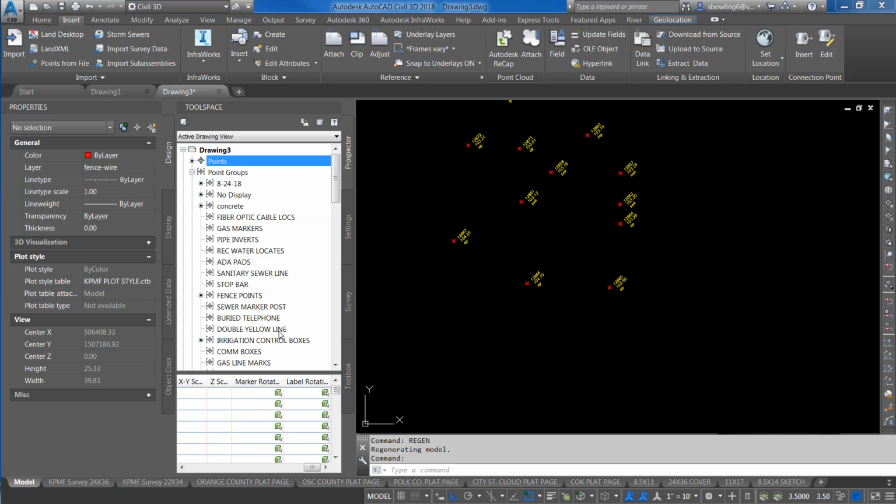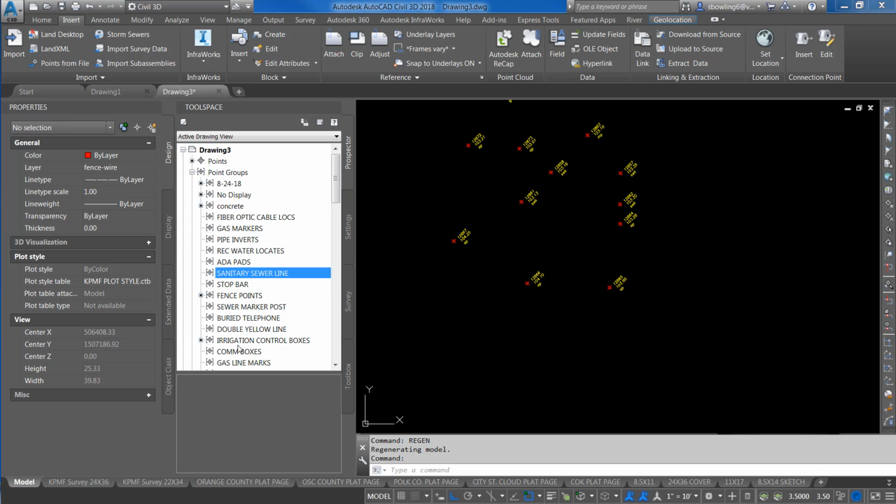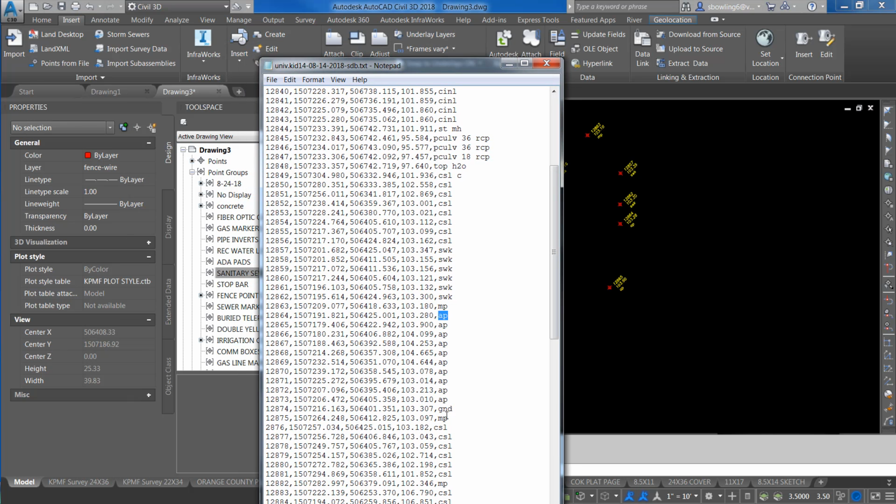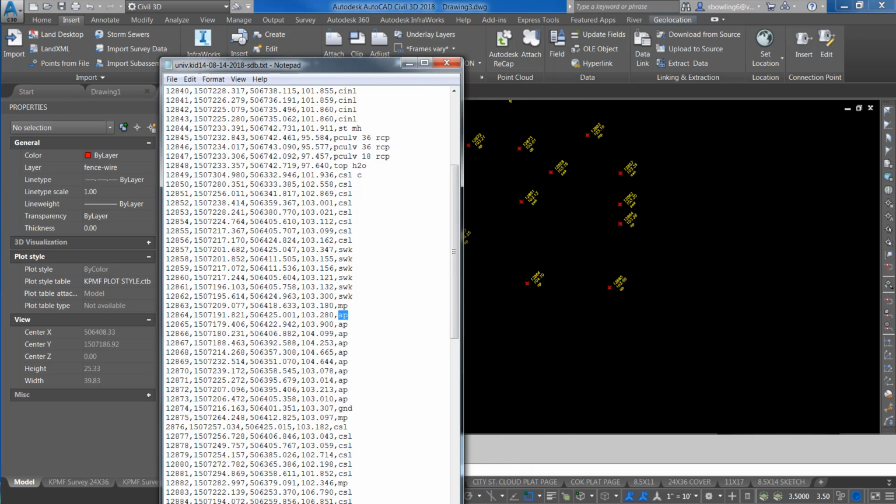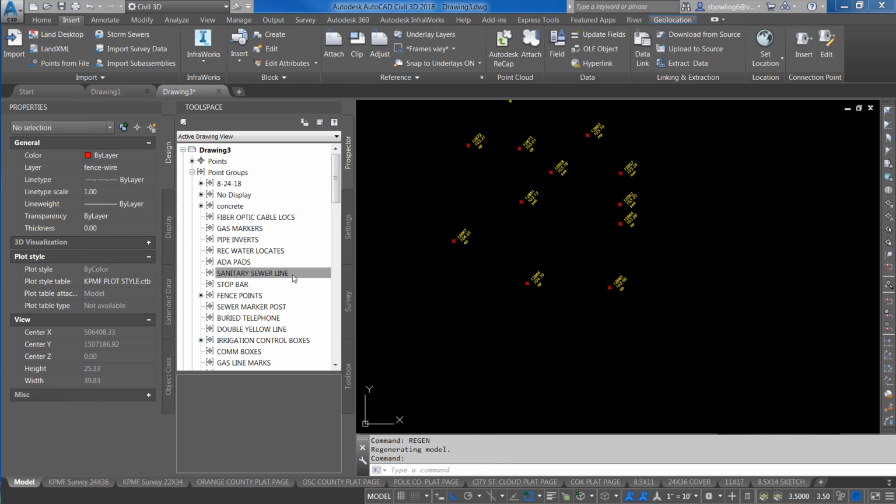All right. So like I said, a lot of these have already been set up and you still have to modify them because the survey guys use different point name styles or point names in their settings when it gets downloaded from the data collector, so just be aware of that. Okay, or you can start off with a clean drawing and get rid of all the point groups and build them as you want. I usually just leave them in and modify them because you can change the properties